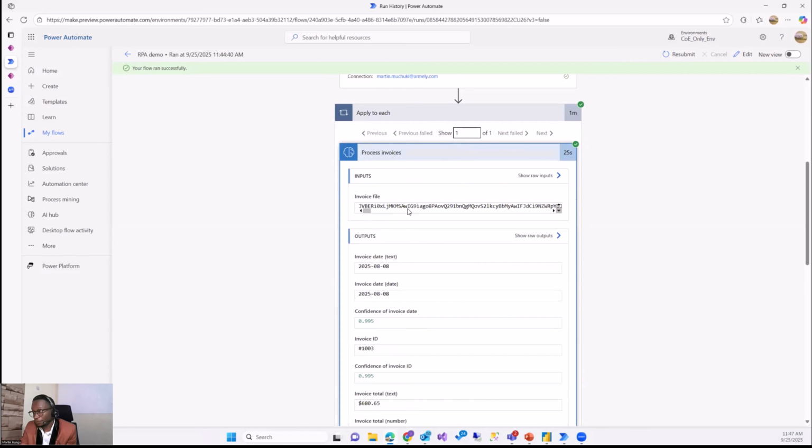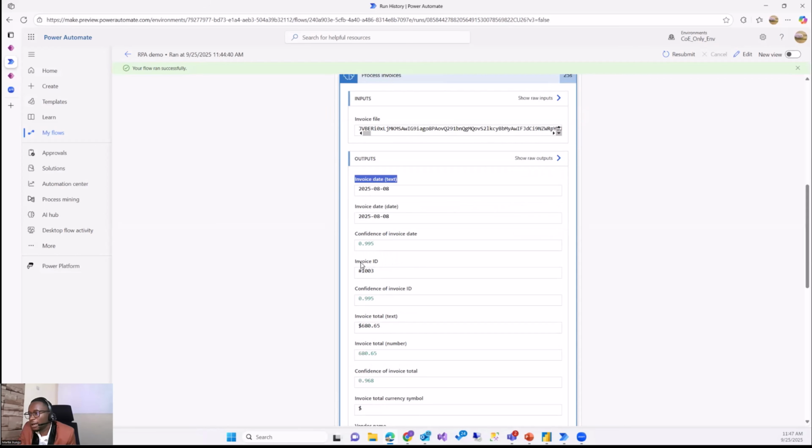So what came in was an invoice file, the PDF that we sent via email. But our smart one has identified that there's a date inside, and the date is August 8th. It has identified that there's an invoice ID inside my invoice.